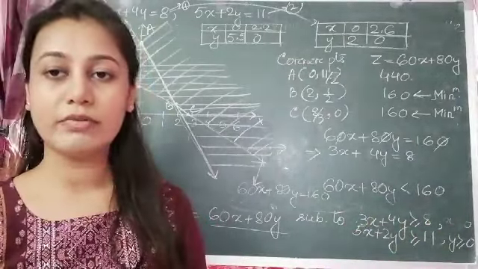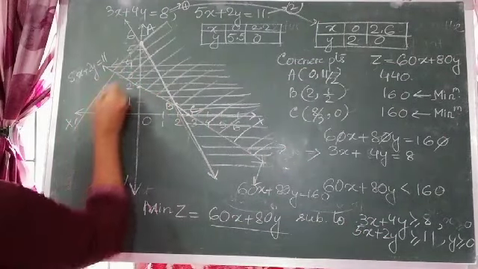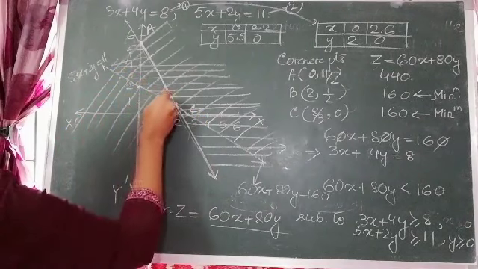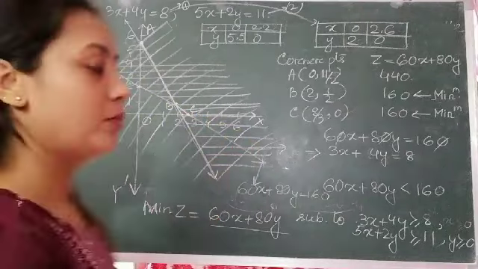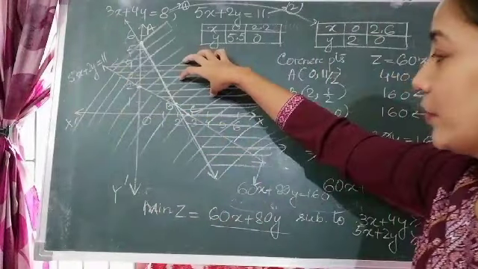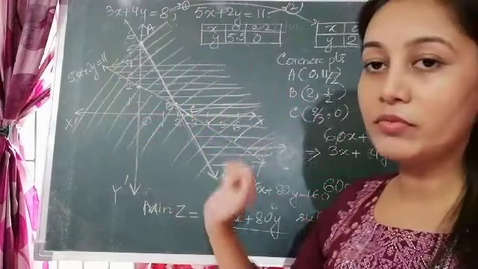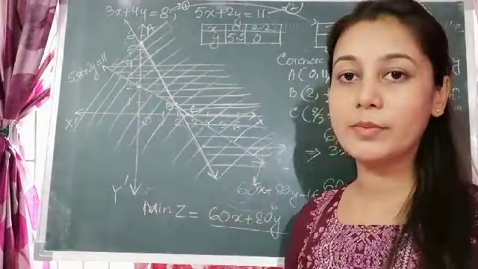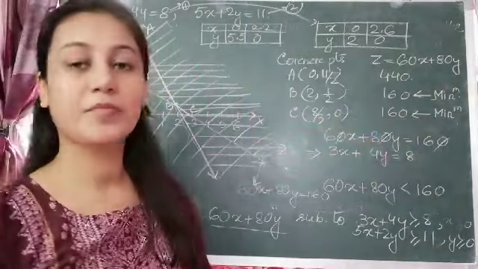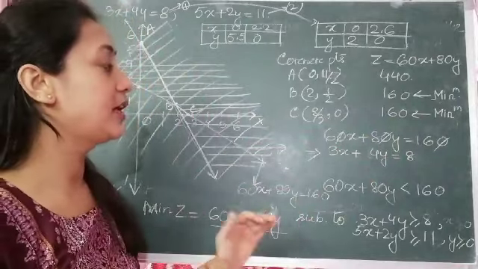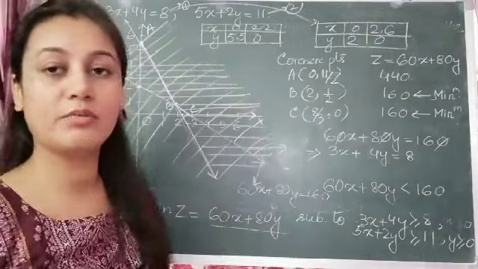Hence, which part will you shade? We will shade that part that is towards the origin, that is downwards. Now your feasible region is lying here, and the graph of 60x plus 80y less than 160 is shaded downwards. So are you getting any common point with the feasible region? No, we are not getting any common point. Hence 160 is the minimum value, and the minimum value of z lies where? Along the line B and C, because for both you are getting 160, right?